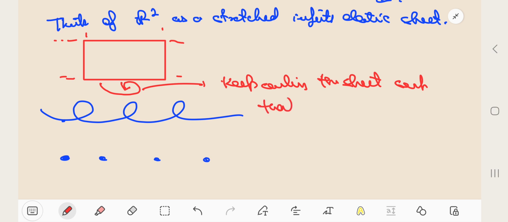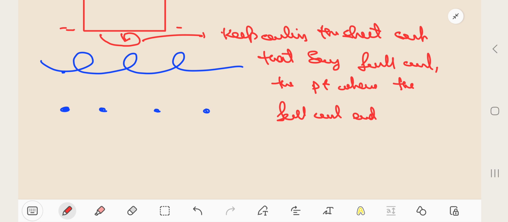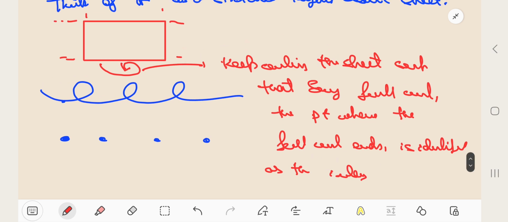such that whenever we complete a full curl, the point where the full curl ends is identified as the integers. So what we are doing is taking the infinite sheet and following the path of the helix, curling the sheet, and whenever we complete a full curl, the point where we reach is exactly the point where the integers are placed along the helix. Therefore, every full curl will end at the exact same point, and all the integers will fall under the same point, and hence we have successfully brought every integer down to a single point, because every full turn will end at the same point, and that exact point is identified as the point which represents the integers,